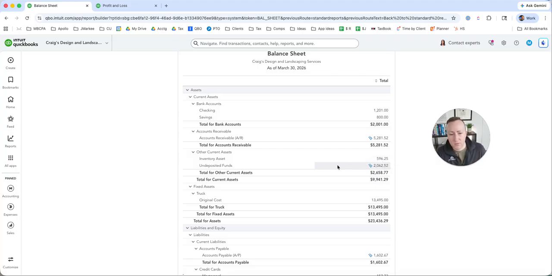Undeposited funds, that's a really abstract concept. I've seen some QuickBooks files where Intuit has renamed this to be like payments not yet deposited. I often use the analogy of, you decide it's time to get paid one day. You've got 5 different jobs that are ongoing. You get in your car and you go to each of those 5 job sites. You collect a check from each of those 5 homeowners, and you can think of undeposited funds as the short period of time where all 5 of those checks are in your pocket